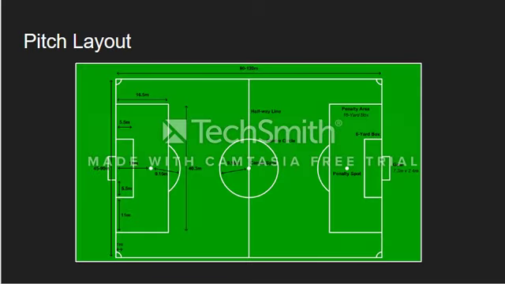To start with, I will talk about the pitch layout. Depending on the age group, the pitch size and layout is going to be different. However, when it comes to official games such as World Cup, Premier League or FA Cup games, the pitch layout and sizing stays the same. The length of the pitch has to be from 90 meters to 120 meters. When it comes to the width, it is from 45 meters to even 90 meters wide, which makes it a